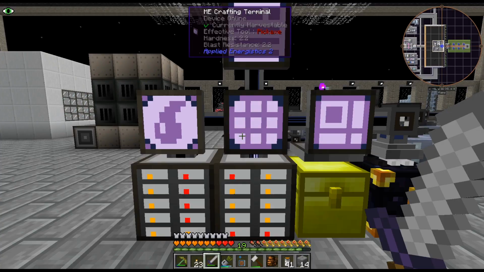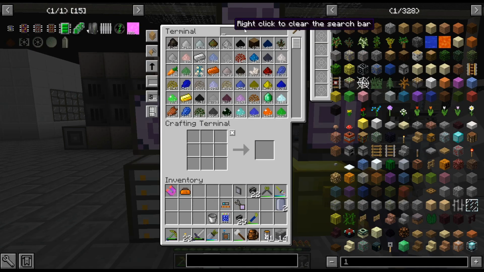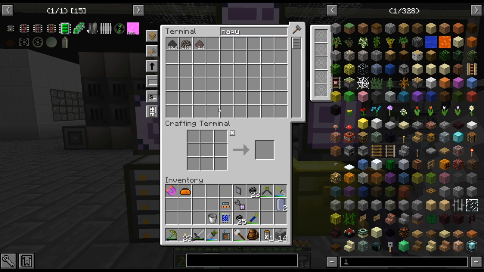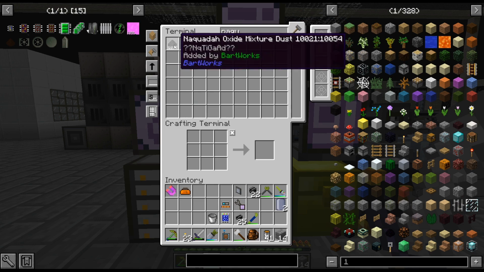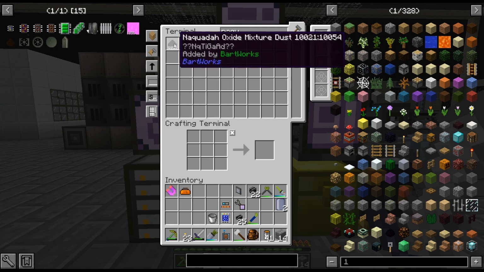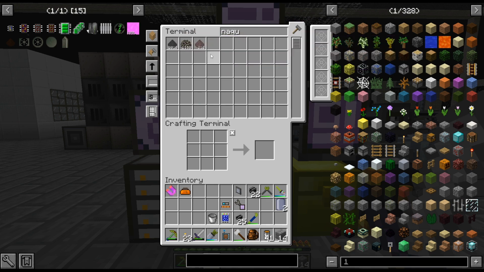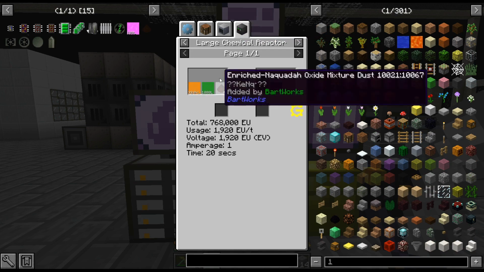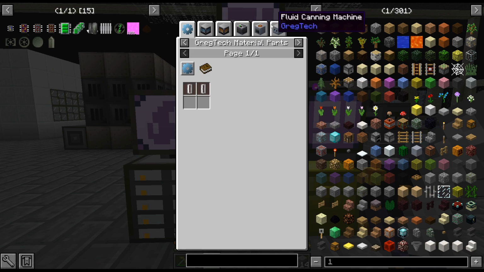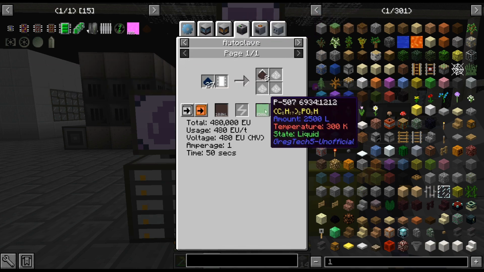that. Now, we have a whole bunch of Naquadah, lots and lots of it. I don't think we're going to get into this whole line yet. I even have enriched over here. I haven't looked at how this... I mean, there's this whole line of it. And I don't know...